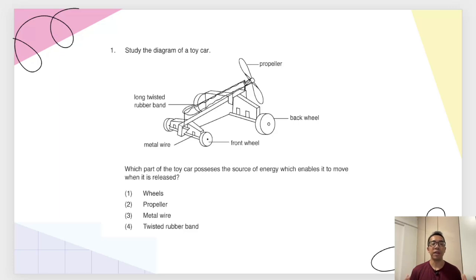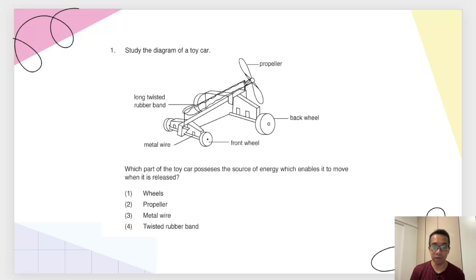Let's start off with a relatively simple question. This one requires you to study the diagram of a toy car and then from there figure out the source of energy. Some students might make the common mistake of thinking that the source of energy is the propeller itself, thinking that if the propeller spins a lot faster and for a lot longer, the toy car would cover a longer distance. While this is not necessarily wrong, the source of energy for the toy car is actually the twisted